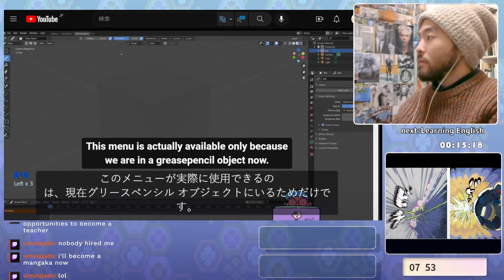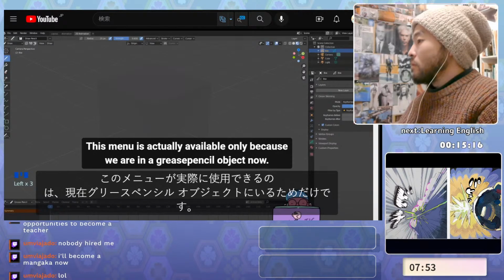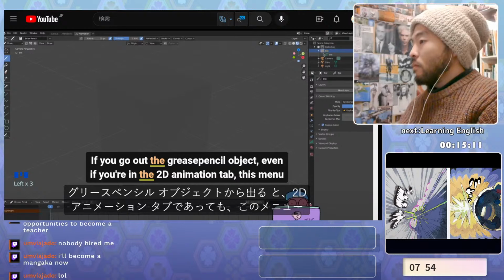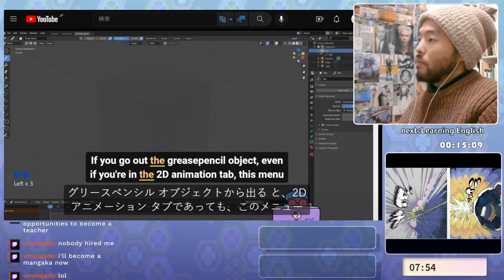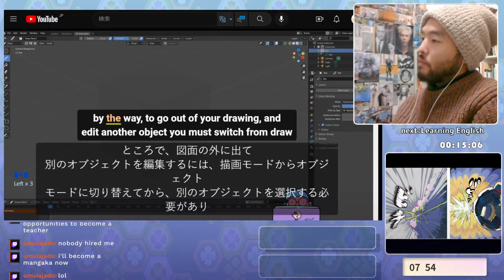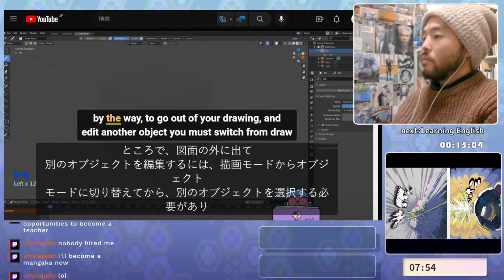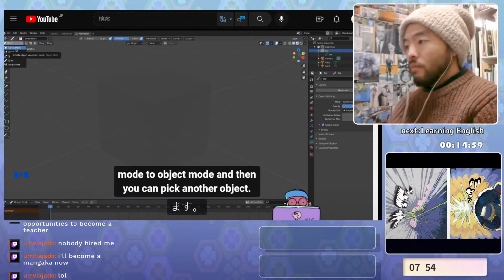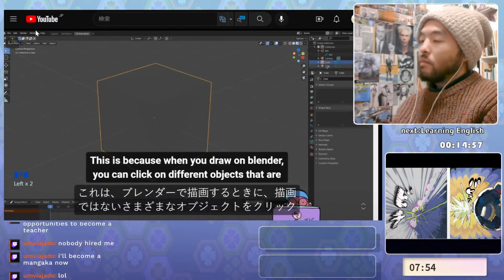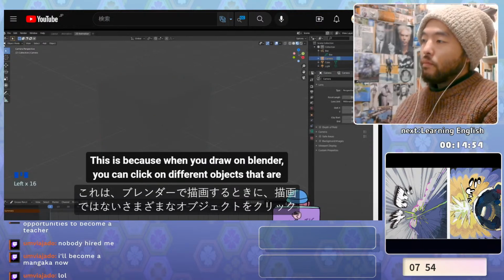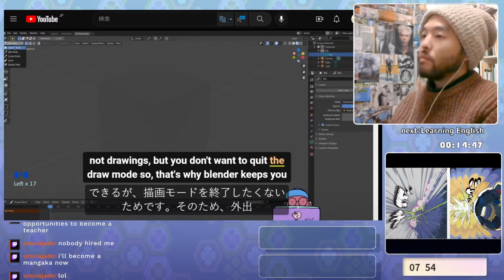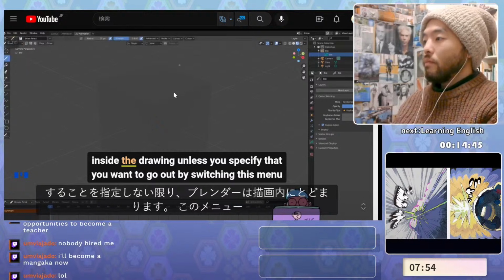This menu is actually available only because we are in a grease pencil object now. If you go out of the grease pencil object, even if you're in the 2D animation tab, this menu will disappear. By the way, to go out of your drawing and edit another object, you must switch from draw mode to object mode, and then you can click on the other object. This is because when you draw on Blender, you can click on different objects that are not drawings, but you don't want to quit the draw mode, so that's why Blender keeps you inside the draw mode unless you specify